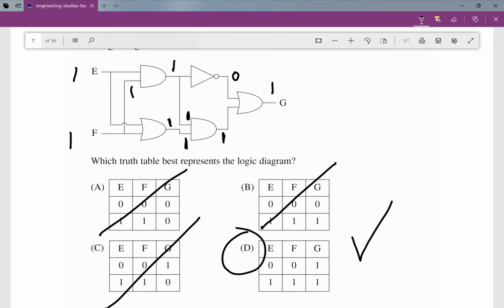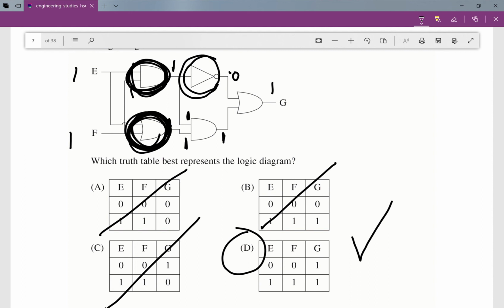Anyway, hopefully that helps. Have a play with that type of question and you'll get more and more confident with it, but you need to understand what each one of these gates is doing. So 1 and 1, they both have to be on in the AND gate. We only need 1 on in an OR gate,